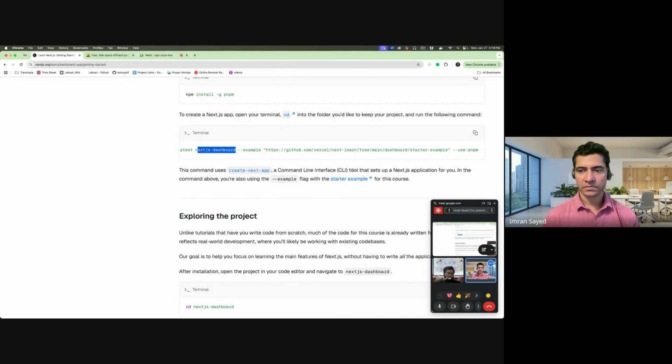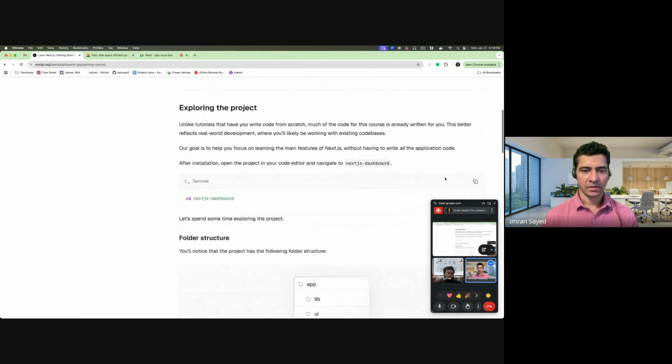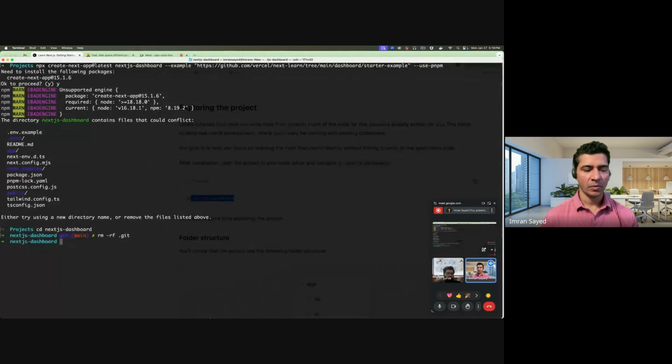Now, here it talks about it's using this command line interface CLI tool that sets up a Next.js application for you. And it's using an example from this repository. Okay, so it gives you kind of a starter template to work with. Moving on, so I already cd'd into the Next.js dashboard directory. I'm going to open this into